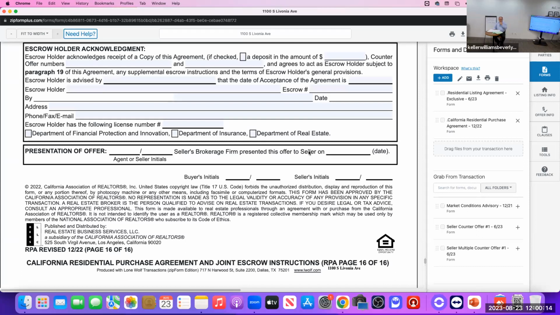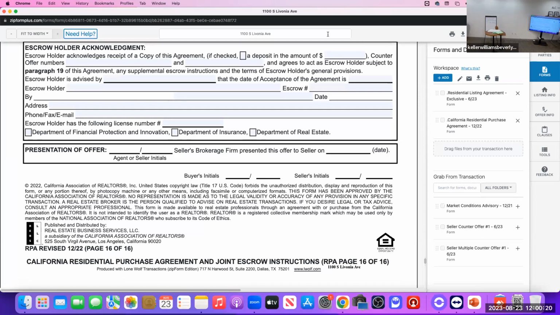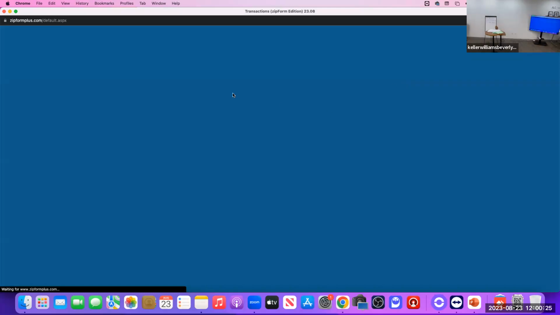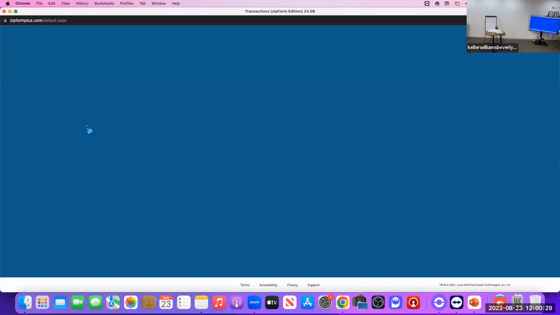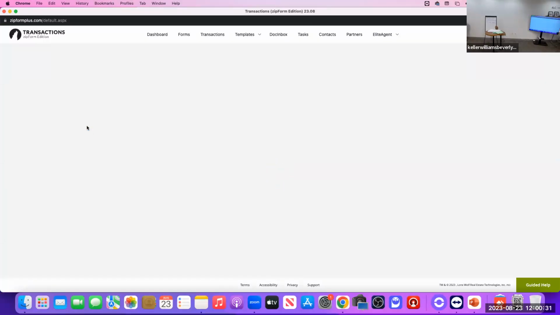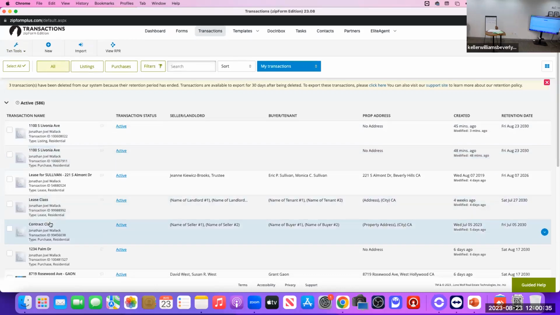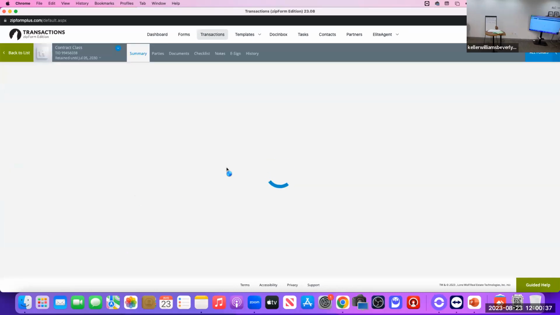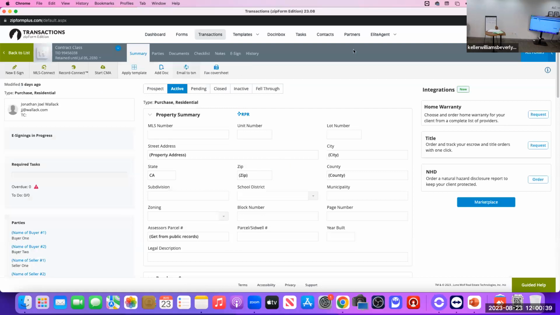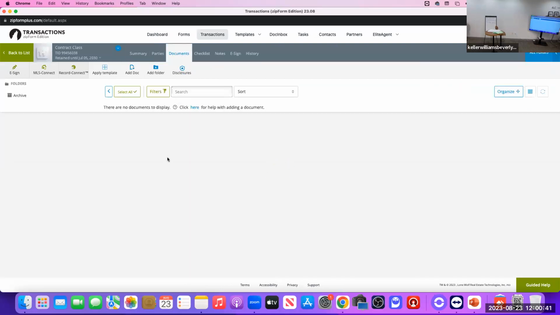Can you show it to us? Yeah. And you showed us this a couple weeks ago. I know where it is, but I want to see when you counter, where do you write that? Okay, so I'm just going to go to my contracts transaction. You want to know where it is in the purchase agreement? No, I know where it is in the purchase agreement, but he says that when he counters, you write it in the same place, in other terms. I have to include that in writing. So here is